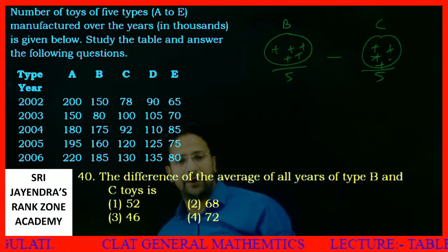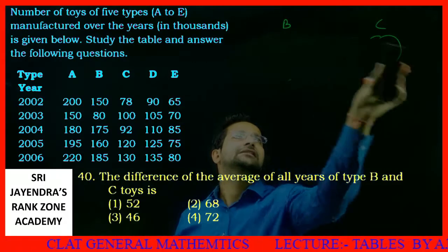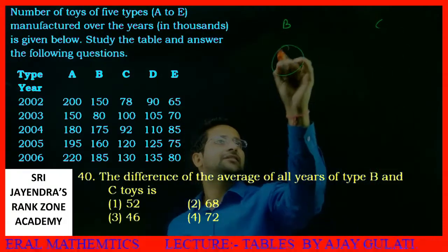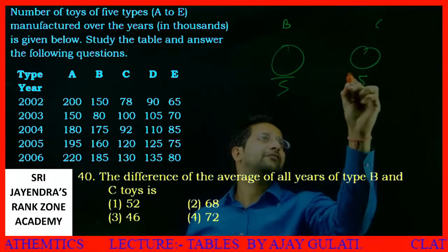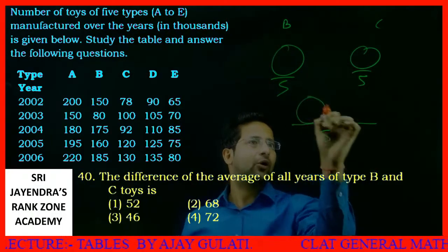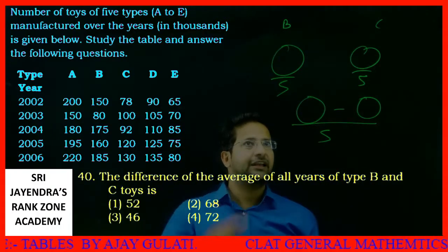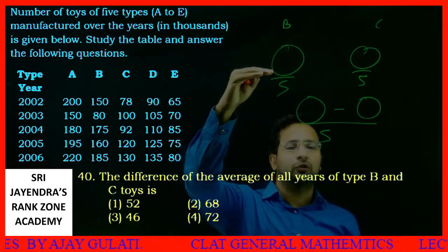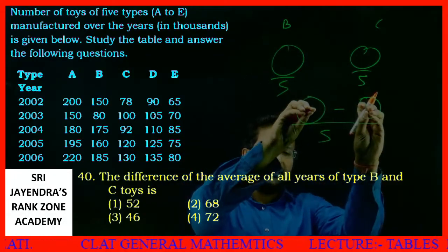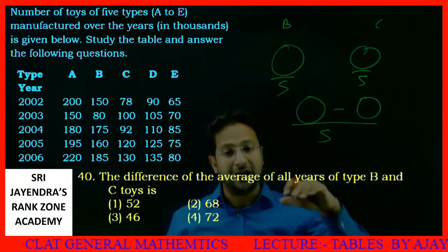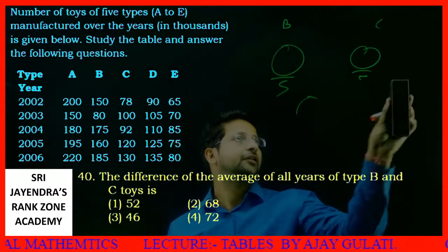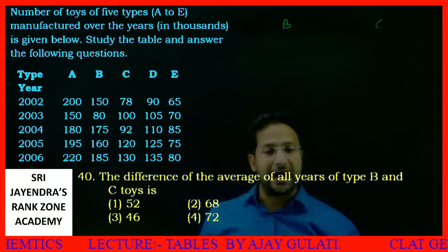So what is the better logic? Better logic is you just take the difference finally. See, this add divide by 5, this add divide by 5. Rather than this, you add all these and minus, then divide by 5. See, you will save the effort of dividing both times. Just add the difference and divide by 5. Better way will be to directly add the difference and divide by 5.